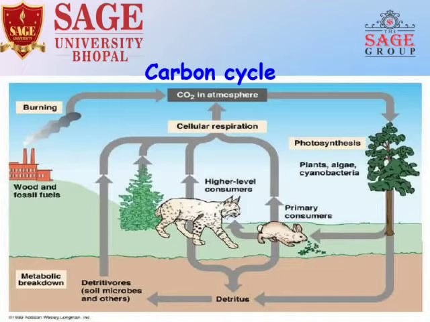So this carbon dioxide is taken by plants, and from the plants, primary consumers take the leaves of the plant. From primary consumers, higher consumers consume primary consumers, and as a result of respiration, carbon is again released back into the atmosphere. Okay, and if we go further, follow the second route. Carbon dioxide is present in the atmosphere. This carbon dioxide is taken by plants, and plants die, and with the help of detritivore microbes, they decompose, and again carbon is released into the atmosphere. So in this way, the carbon cycle happens.